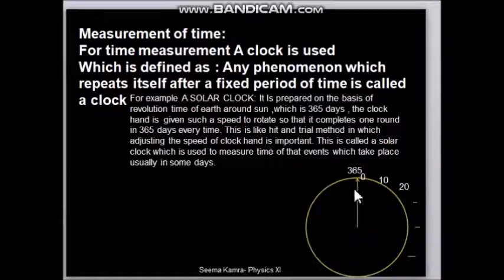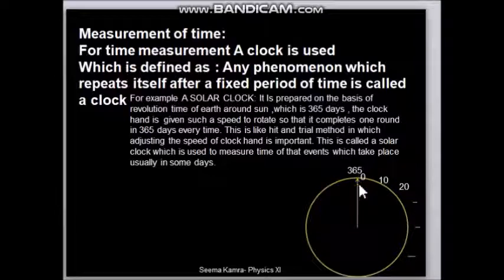How will it happen? We have to take a clock and in that we have to take a free hand and now we want to rotate this free hand. So we should give some speed to this hand, and when we start its movement, as soon as Earth starts its revolution around the Sun from a particular location, at that time we run this hand, and it should be given some speed so that the time of its coming back and the Earth's coming back to its original position should be the same.